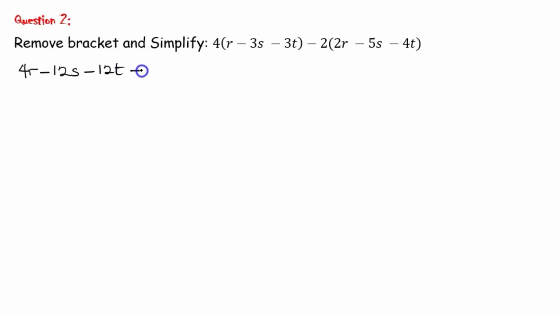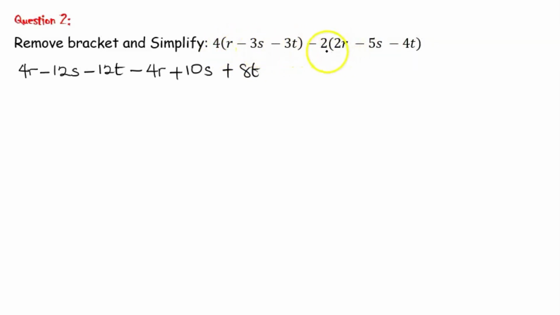Then you have minus 4r. Then we have plus 10s. Then we also have plus 8t. See, I've used this minus 2 to open this bracket, and I've also used this 4 to remove this